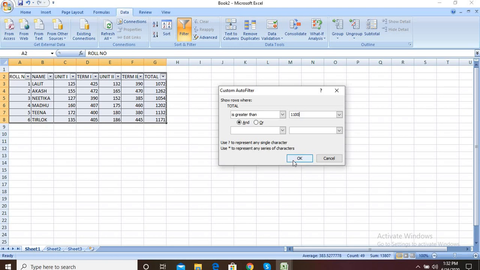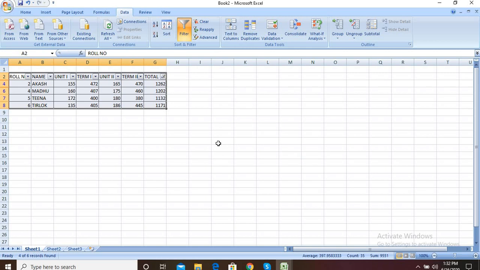Now click on OK. You see the changes, only those records will display where the total is greater than 1100, and other totals are hidden.